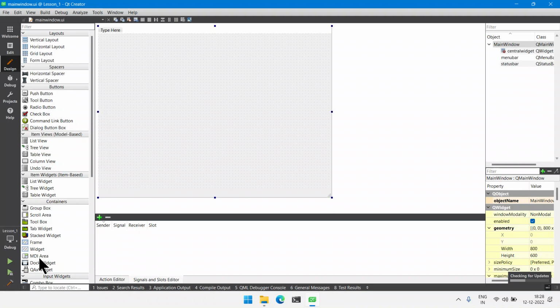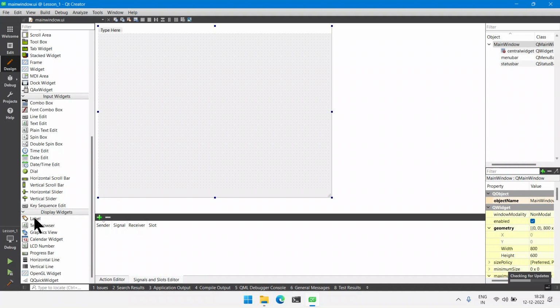Imagine that I have to draw something. First I would need a paper on which I can draw, and then I would simply insert that paper into a photo frame so that I can show it to others. So first we need to set up a frame in which our image will be rendered. In order to build that frame, we will use label, drag and drop it here,